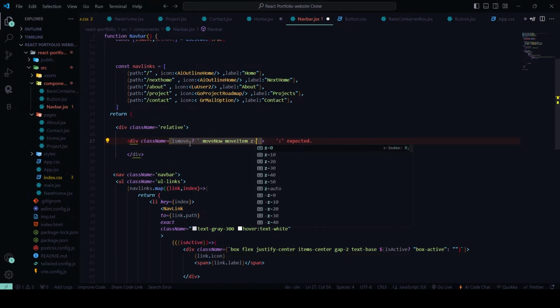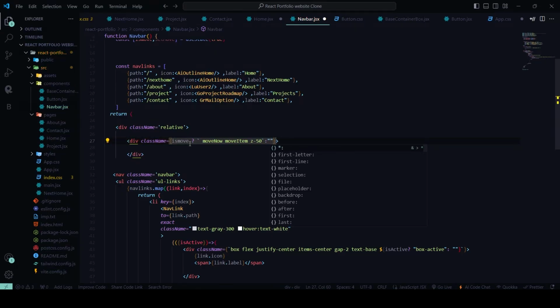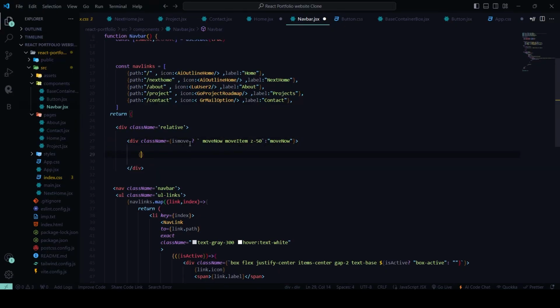Also add z-index. If is move is false, add move-now only. Now we will add a logic. If toggle is true,